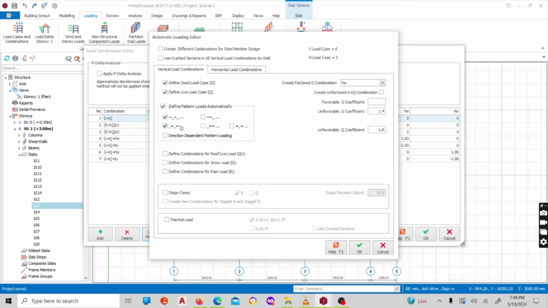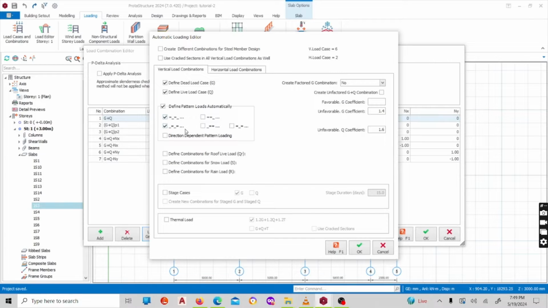This is automatically chosen by the code, because remember, this is like a continuous beam whereby in the first loading, the top part will have a positive moment, or the second pattern will be the adjacent span having a positive moment here, while here it will be having a negative moment. So this is just a loading pattern for continuous beams or spanning members in the frame of a structure,